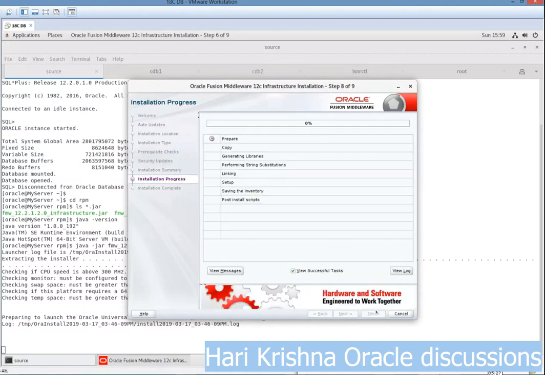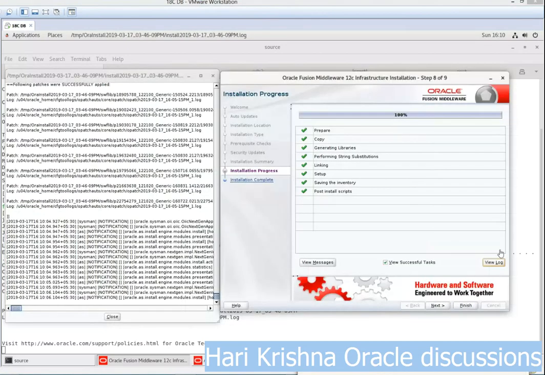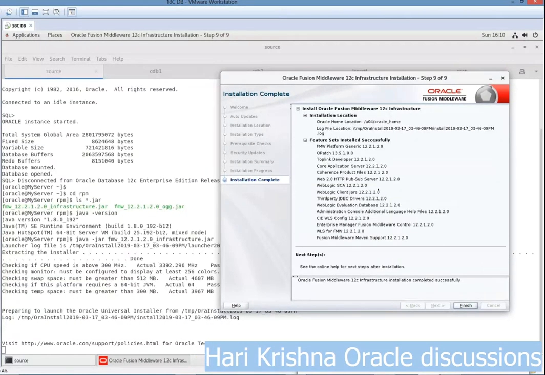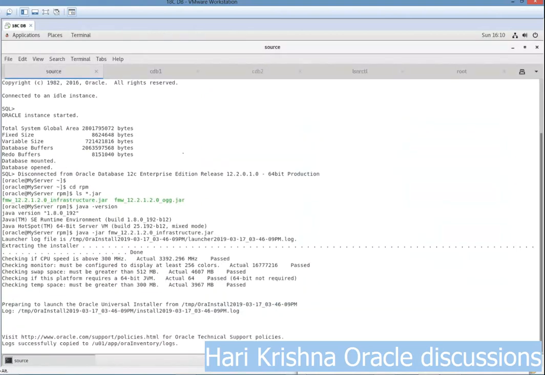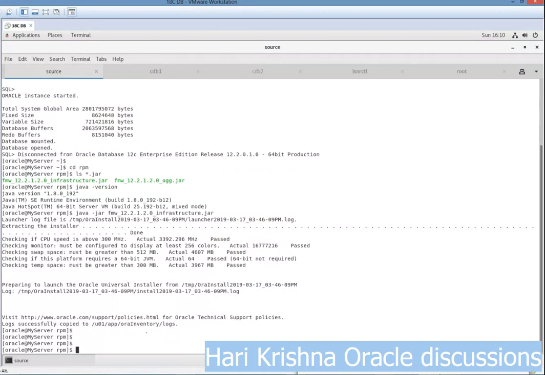The moment you click on install, the installation process will start, and it usually takes some time. Once the installation is over at 100%, the middleware installation is complete, and you just need to click on finish, and that ends your